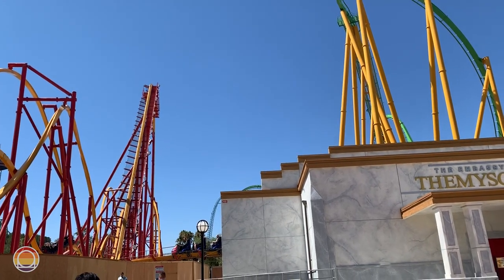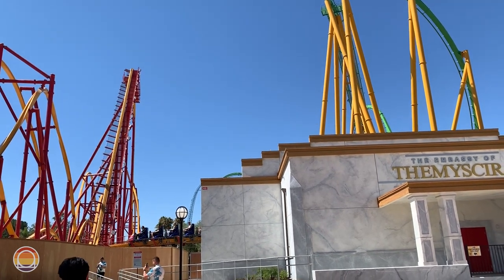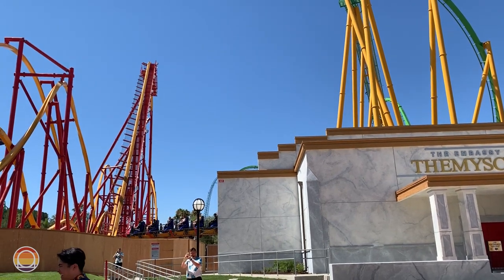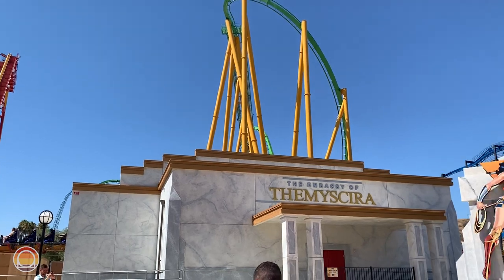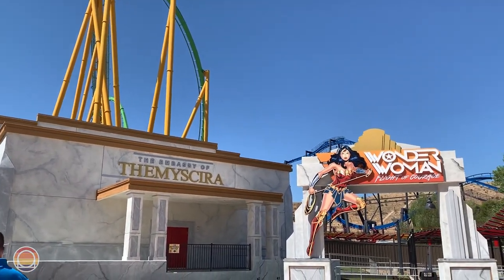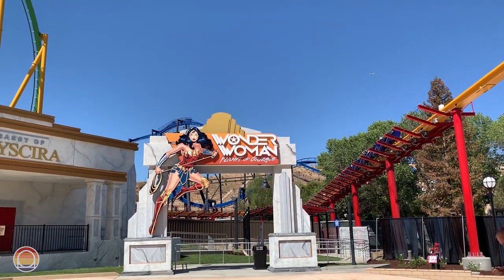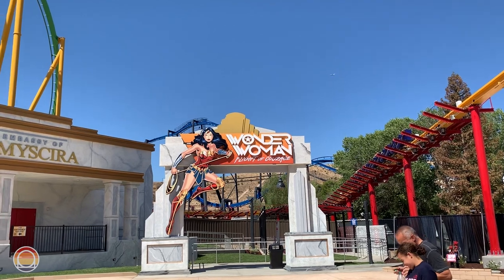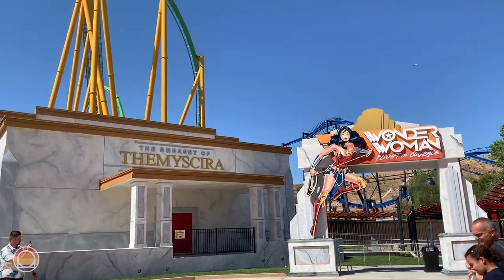As you quickly take your seat on these RMC Raptor trains, you'll find yourself straddling this single rail track by sitting down almost like you're riding a horse. It is a little weird to get used to, I can't lie, but as soon as you're sat down, this is the perfect moment to unzip those pouches in front of you and of course put your loose articles like your phone or wallet or keys into the pouch provided. Once you zip that back up, you'll get to experience this restraint, which is a very interesting take on the